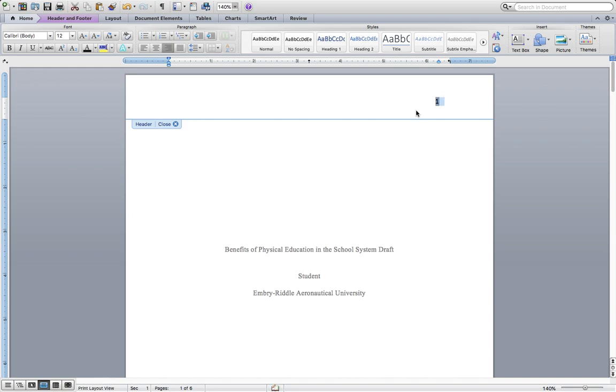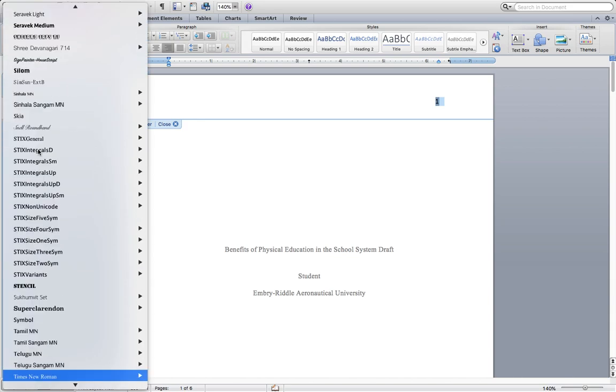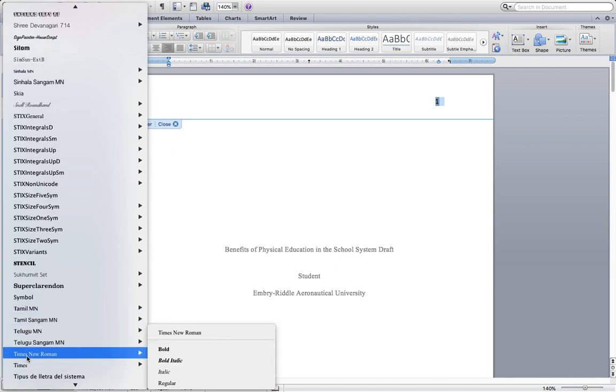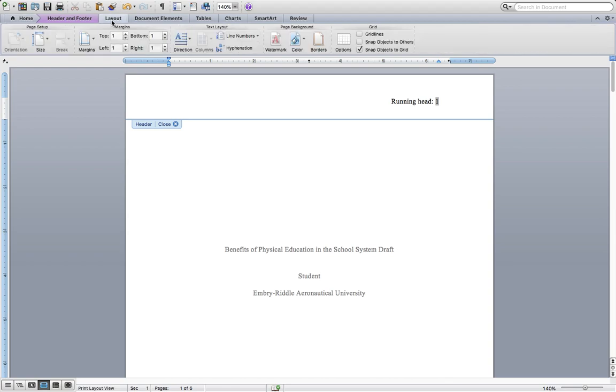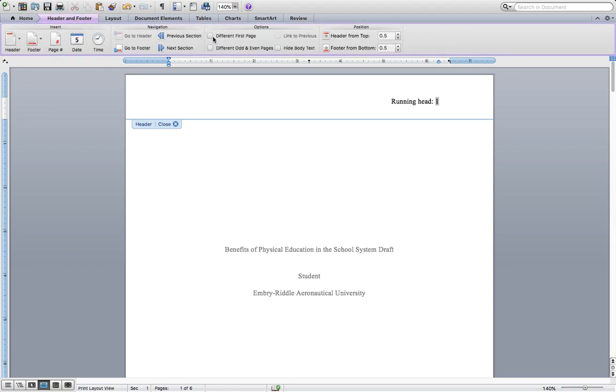So I have everything selected. I'm going to make sure it's Times New Roman, and that it's already at size 12, which is what we want. Then I'm going to add that running head. That's how you write the running head: only the R gets capitalized, then there's a colon, then a space, and then you put the title. Well, before I do this, because this is what happened in the other document,